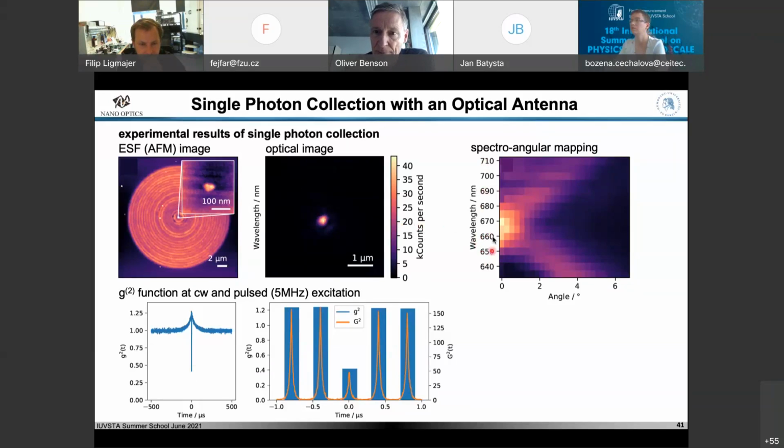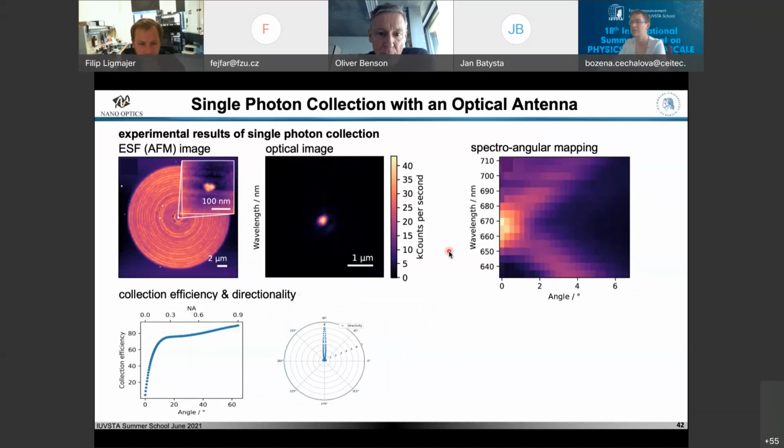the spectrum here, and we have the angle of emission in this direction. And a lot of the emission is concentrated here at zero angle. Zero angle here means it's a perpendicular emission to the substrate. And this is basically what we want to have. We want to have this emitter in kind of flat geometry, but we want to have a lot of light, maybe all of the light coming up. Yeah, this works quite well, and you can collect up to maybe 80 or 90% of the light.